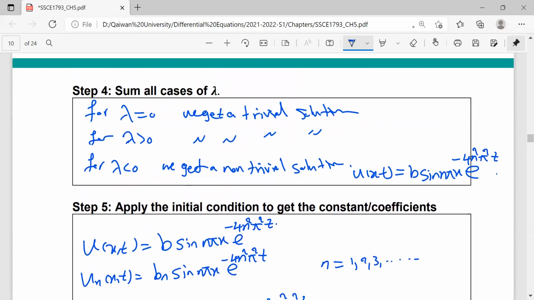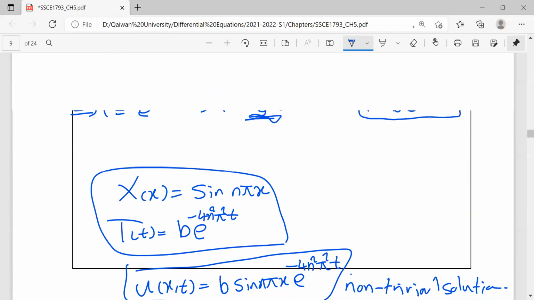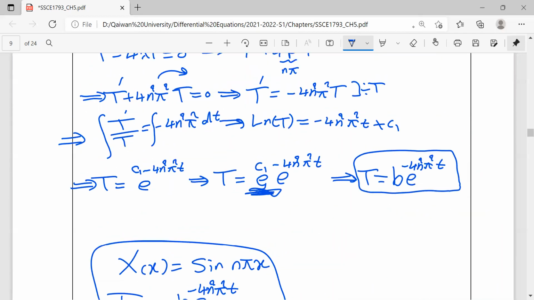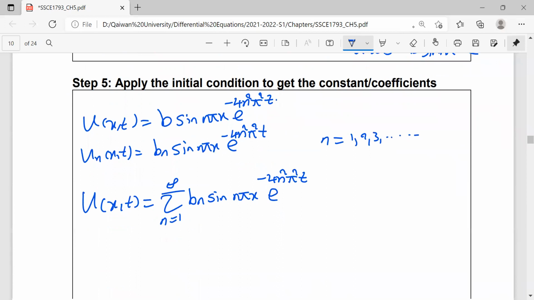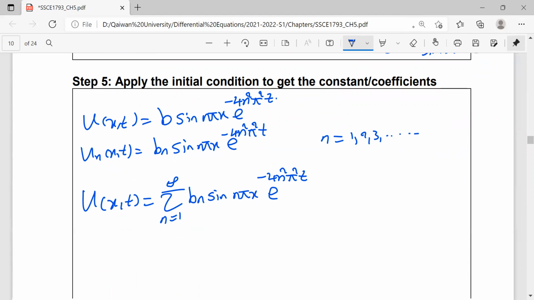Look, why did I write down b here for e to the power c1? We let e to the power c1 be b. I didn't say it's to be a. Here we always get a sine series, that's why I write down it's b. For a sine series, we just need to find b. That's all. And here b_n equals